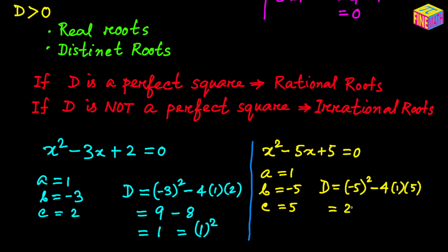That is equal to 25 minus 20. That is equal to positive 5. So in this case, D is also a positive number, but it is not a perfect square. That means now the square root is not going to disappear. The root will still hang in there and it will make the roots irrational numbers. The roots will not be rational this time. In this case, the roots will be